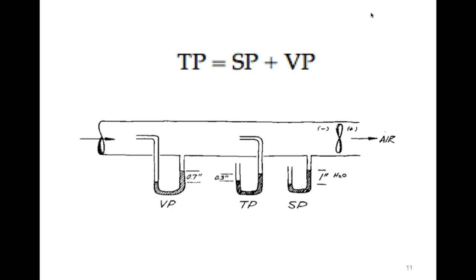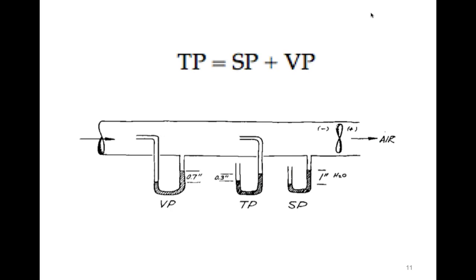Okay. So now the other kind of pressure that we can get, if you look at the one to the far left, that's called velocity. But let me stop right here. Let's look at the middle one first. Now we take that tube, instead of putting it up against the side of the duct, we run it in the duct and we point it in the direction of the airflow. So now we get air blowing into that tube. We get something called pressure that's caused by the velocity or movement of the air, velocity pressure. Now, the thing is that that's not just pressure from the movement of the air.